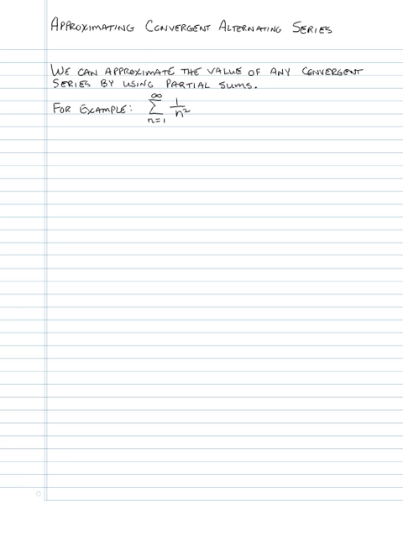But for instance, we could look at the partial sum, let's say s sub 10, which would mean that we're going to add up the first 10 terms. The sum from n equals 1 to 10 of 1 over n squared. And of course, when n is 1, that would be 1. When n is 2, that would be 1/2. When n is